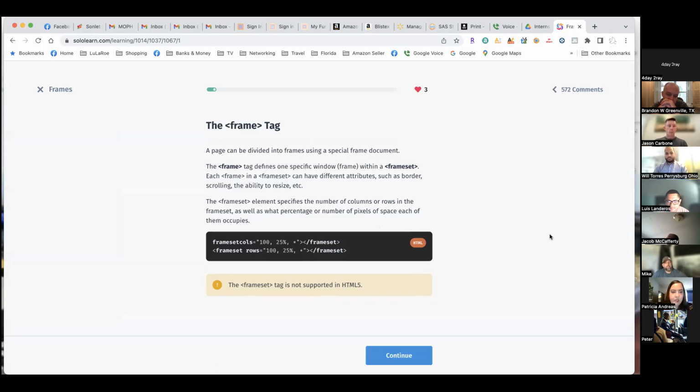The frame tag. A page can be divided into frames using a special frame document. The frame tag defines one specific window or frame within a frame set. Each frame in a frame set can have different attributes such as border, scrolling, the ability to resize, etc. The frame set element specifies the number of columns or rows in the frame set, as well as what percentage or number of pixels of space each of them occupies. The frame set tag is not supported in